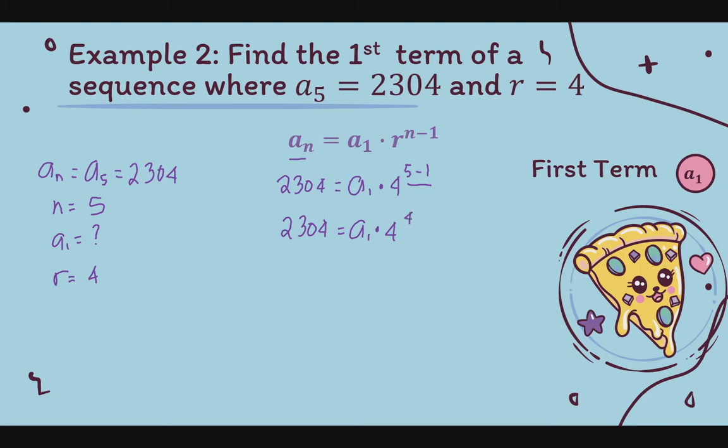Ngayon, ang next nating i-evaluate dyan is 4 raised to 4. Ibig sabihin yan, mag-multiply ka ng 4 sa sarili niya ng 4 na beses. So, magiging 4 times 4 is 16, times 4 is 64, times 4 is equal to 256. Okay. So, ang hinahanap natin ay a sub 1. Kaso may nakamultiply sa kanyang